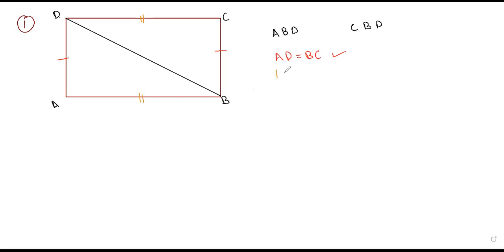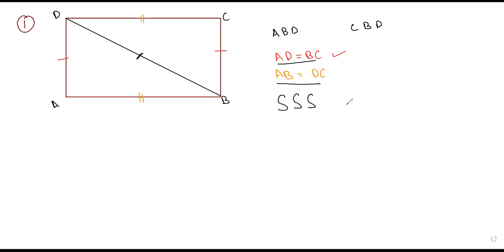That means that AB would be equal to DC. That is good. And what about the third one? This is the third side, and obviously it is being shared. So what do we know? Since AD equals BC, since AB equals DC, and since DB is common in both the triangles, hence by SSS,